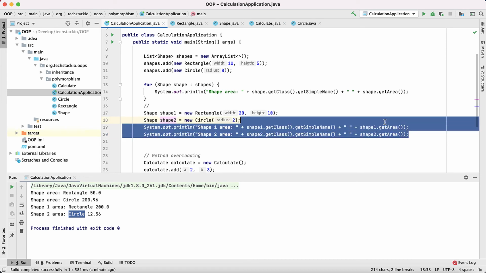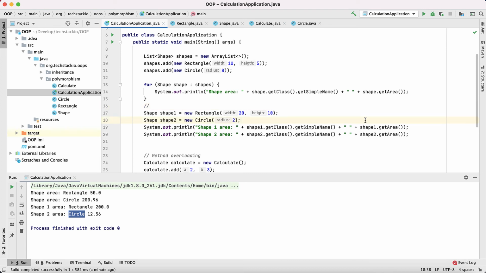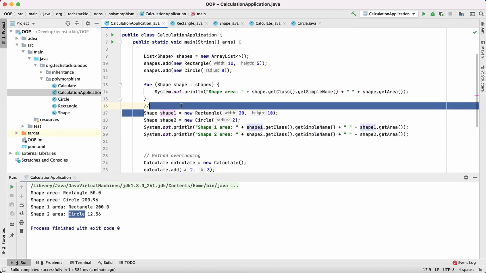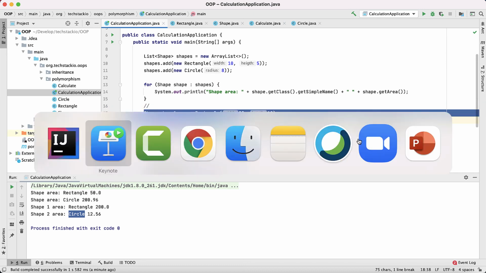So this is exactly the overriding concept, because overriding is determined during the runtime. During the compile time, it does not know which object it's pointing to. Only during the runtime, when the objects are created in the heap, that's when the dynamic polymorphism occurs.